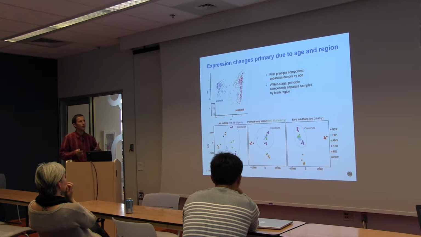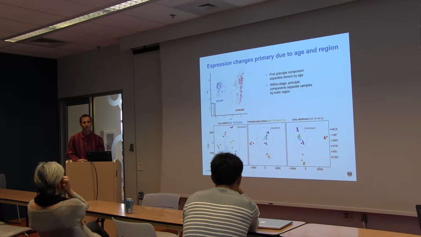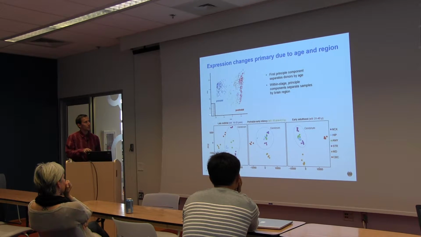Okay, so some of the broad results that we get from this atlas are probably what you'd expect. This is a principal component analysis showing the highest amount of variation in the data. The first principal component, which explains the most variance, is how genes change with time. So there are a lot of genes that are either very high or low in expression prenatally, and then change drastically over the course of